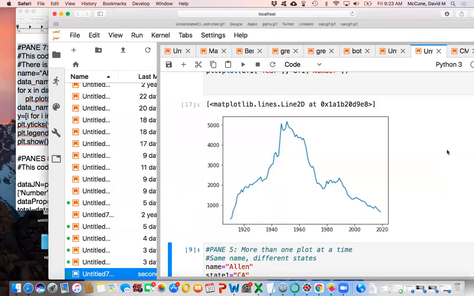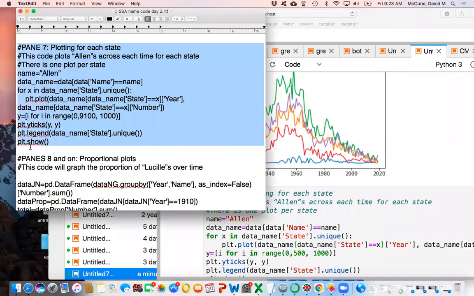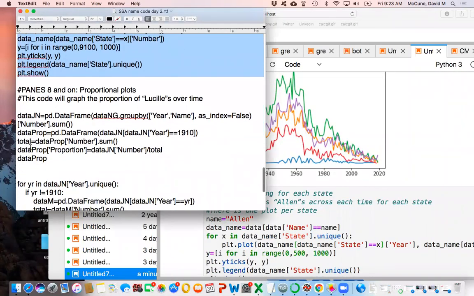Yeah, so anyway, all I'm saying is this increase might be a little deceiving. Sure, there are more Allens being born, but there are also lots more babies being born. So Allen might not actually be becoming more popular in a relative sense, in a proportional sense. So all that to say, the last thing I want to show you today is how do you graph,